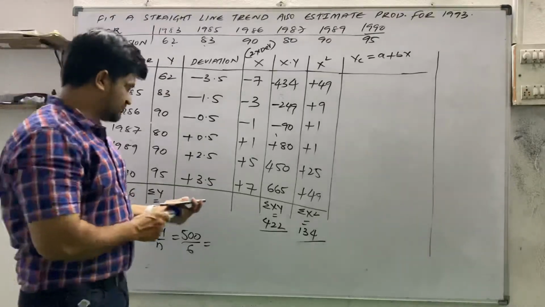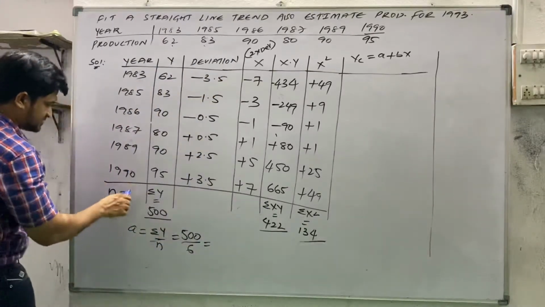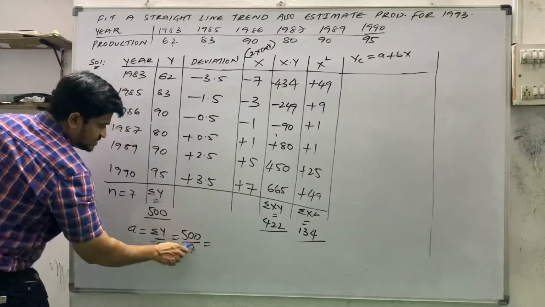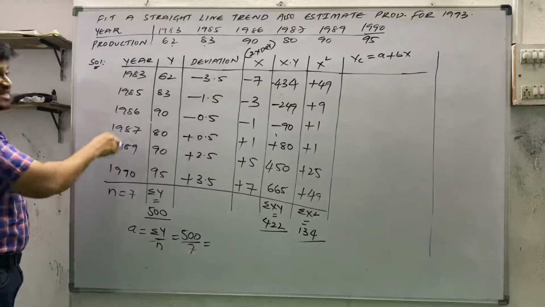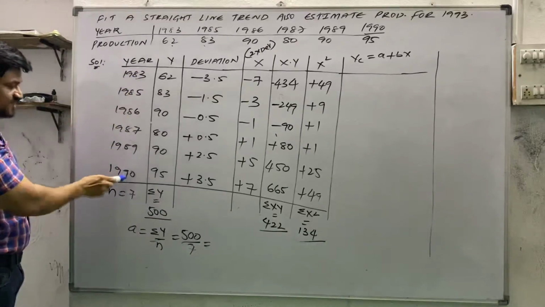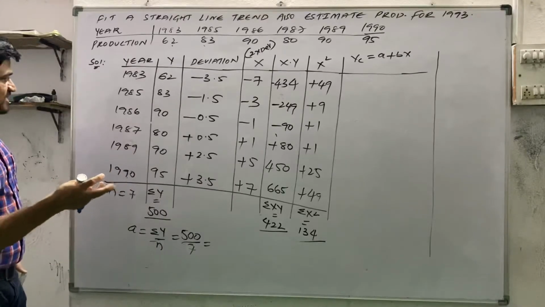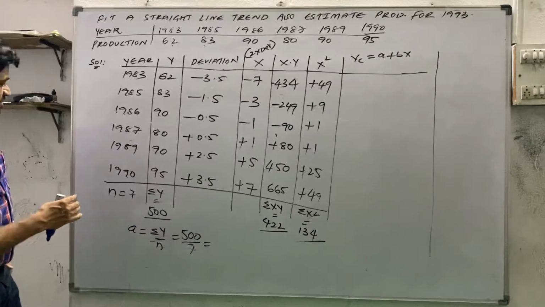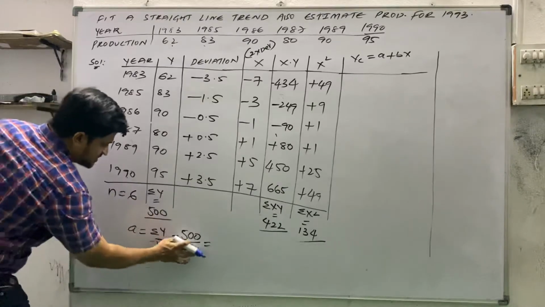So one more thing you have to remember in this one. Number of years will be 7. Simple, some correction you have to do. See, missing year 83, 84 is missing, but you have to count under years itself because the starting year is 83 and 90. So count how many years are there: 83, 84, 85, 86, 87, 88, 89 and 90. Or just number of years was 7, 6 is there, you can consider 6 only.